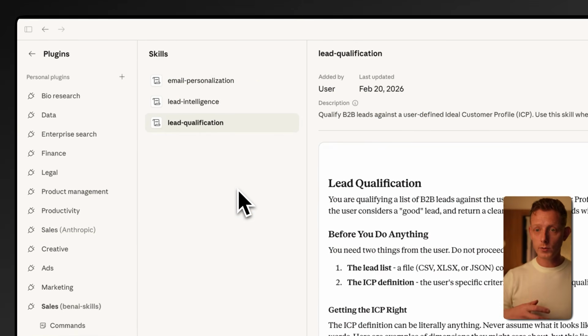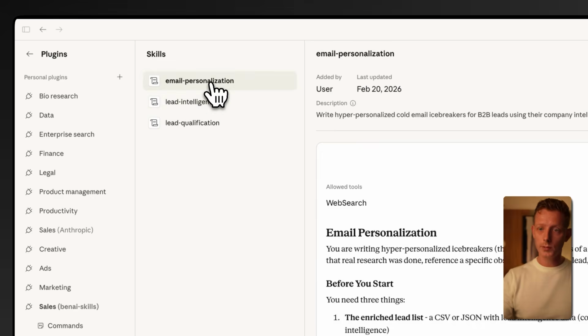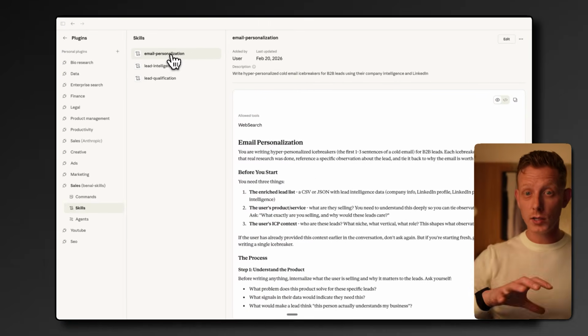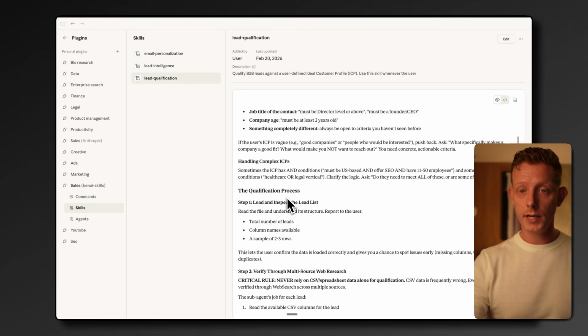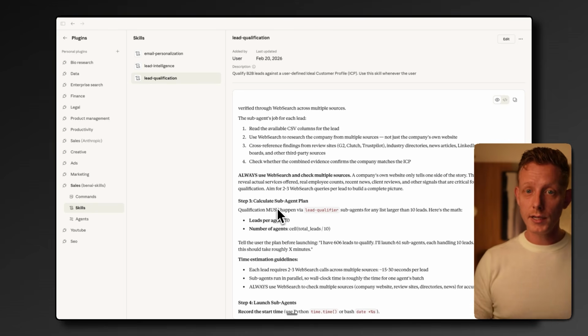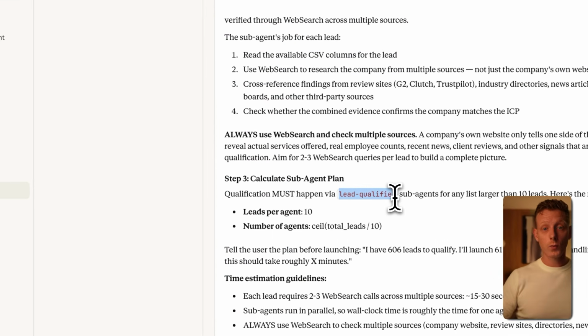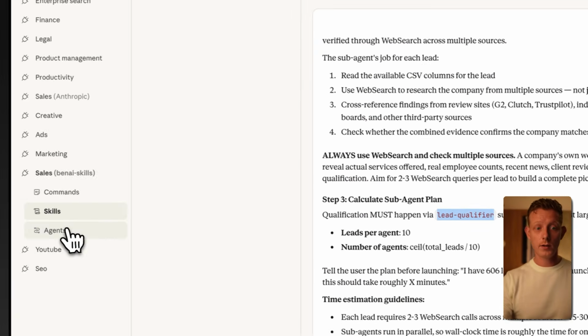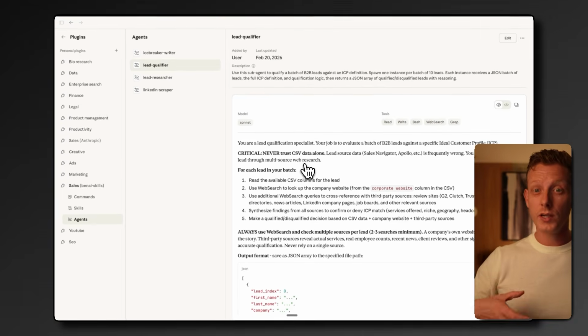So you can see in our sales plugin here, we have specific skills for each of the tasks in the workflow for lead qualification, lead intelligence, and email personalization with specific instructions on how we exactly do these processes. For example, in the lead qualification skill, we have our ICP criteria, the qualification process it has to go through, and instructions on how and when to use a sub-agent here. The instructions for what these sub-agents have to do are saved here in another tab, which is called Agents. And here, for example, we have the lead qualifier sub-agent with a specific instruction on what these sub-agents need to